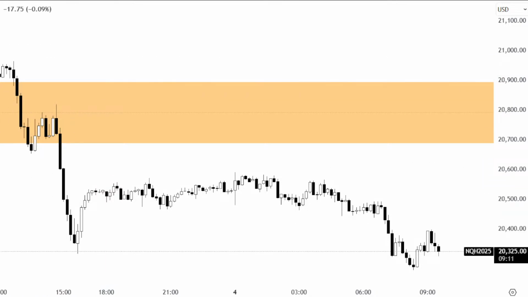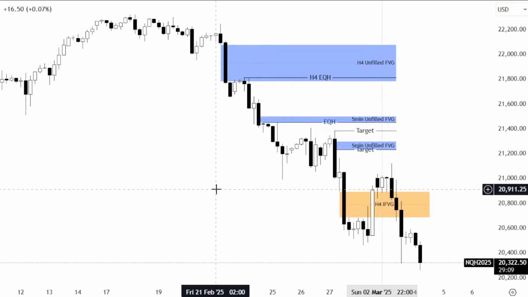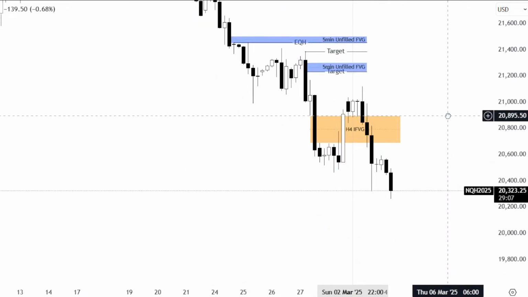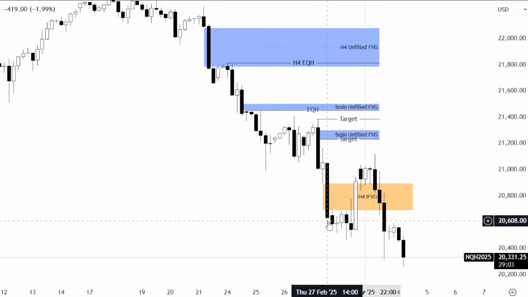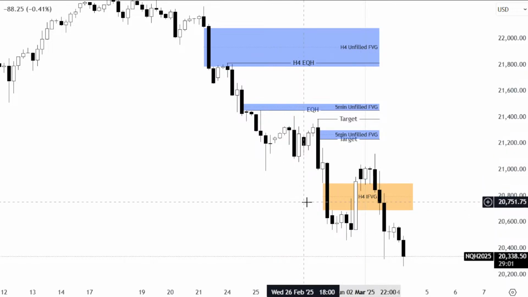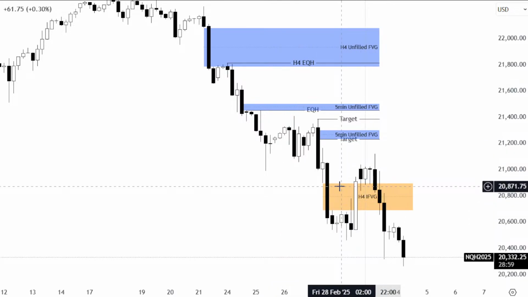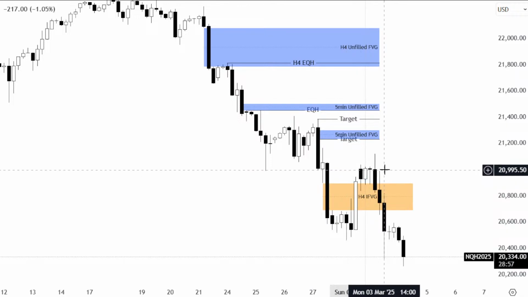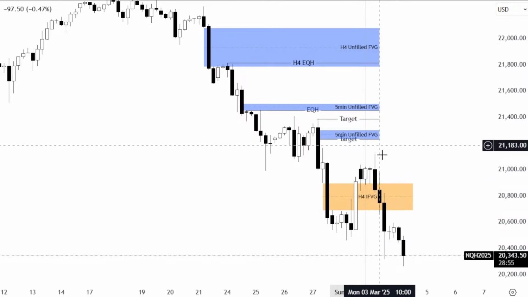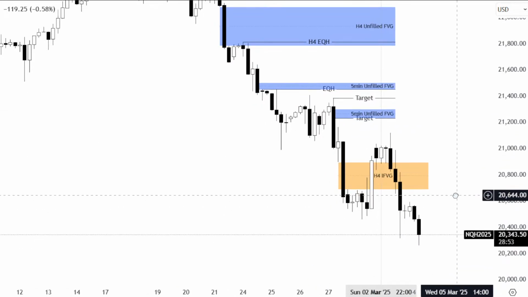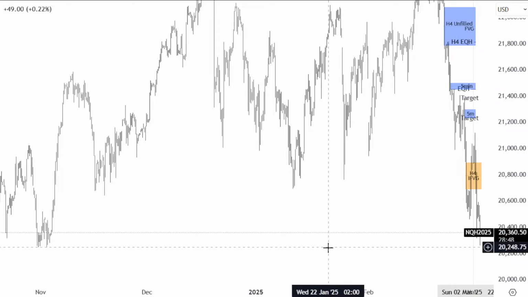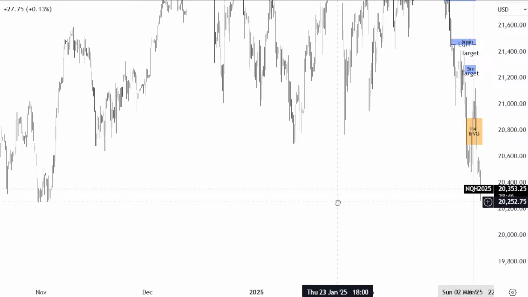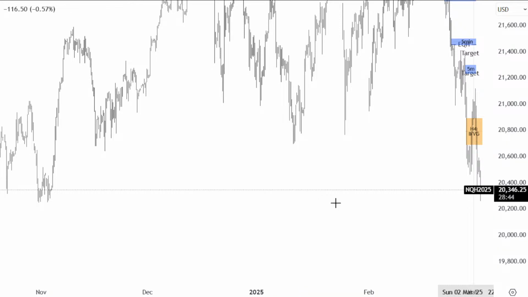Alright, so let's have a look at what we looked at yesterday. On the 4 hours yesterday, we had all this liquidity up here, and we had this fair value gap that inverted last week. And I thought we were going to go up, and sure enough we actually broke lower. So if we had to break this down, I'll show you guys what I see here.